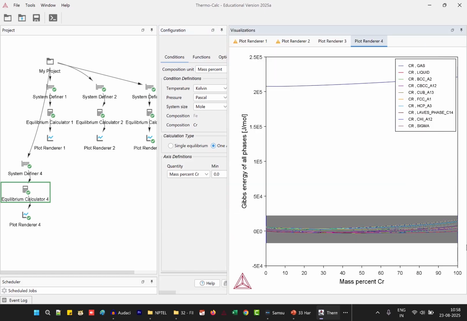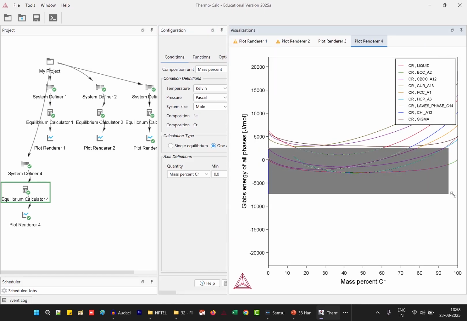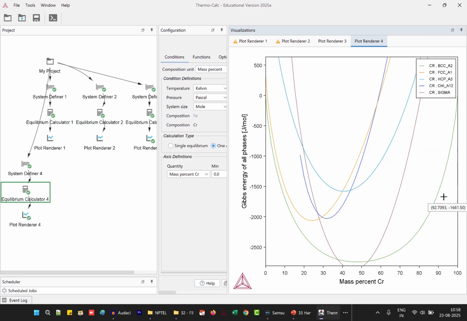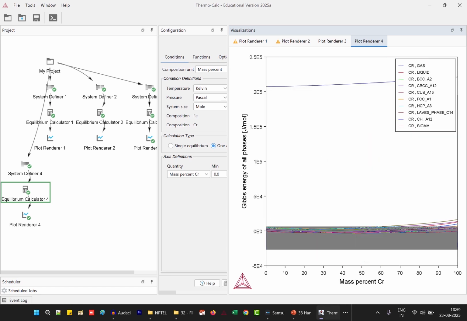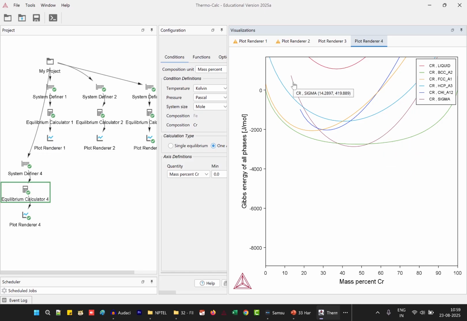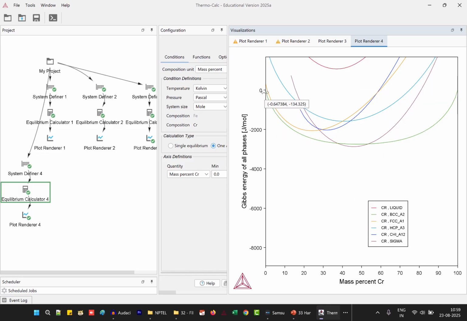If I zoom into this, you can see, I'm going to go to the bottom. Other phases are not that important to us. So you can see now from 0 it starts and it goes to 0. Both chromium and iron have this 0 value for Gibbs energy now, pure elements. So that's the reference state now. At current temperature, whatever is the Gibbs energy is now made 0. Therefore, whatever we are seeing in this curve is only due to mixing.